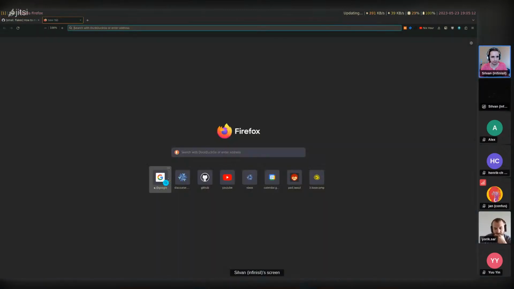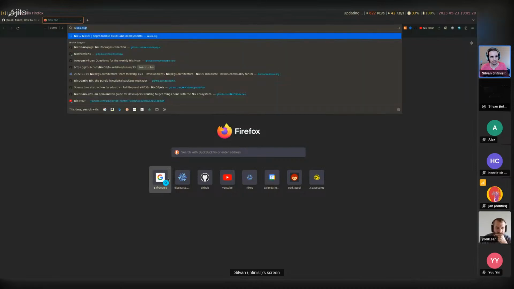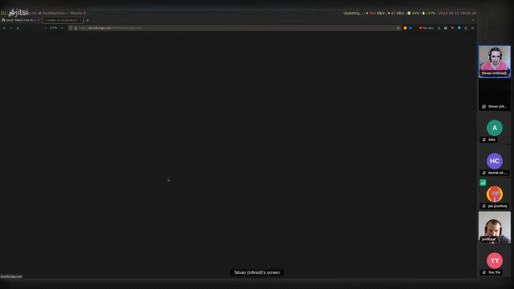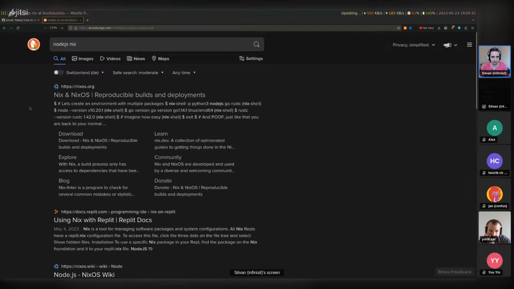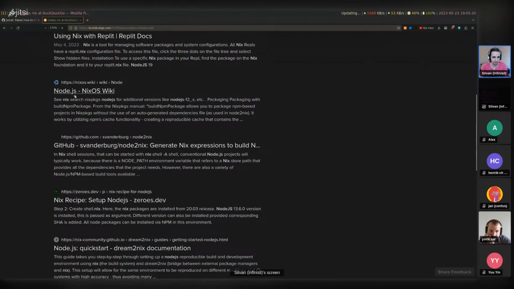Rust has Cargo and Node.js has NPM. And generally for these, you have a lot of tools like npm to Nix, npm-lock to Nix, and so on. Generally, you'll find those if you just search for things like the combination of the two.